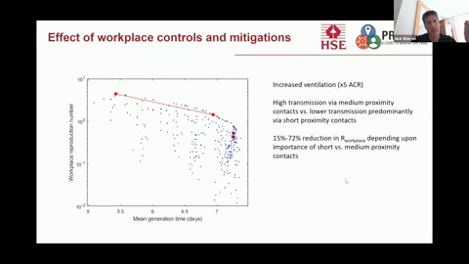So you move from the top left down to the top right. So the reproduction number reduces, the workplace reproduction number, and the mean generation time increases. But of course, if most of the transmission is via large droplets, and the assumption we've made about ventilation is that the large droplets and the transmission over short distances is not affected by increasing the ventilation, then you get very little impact whatsoever.